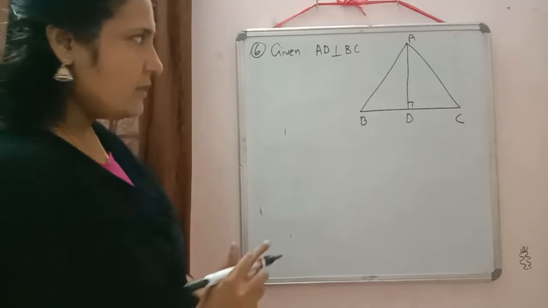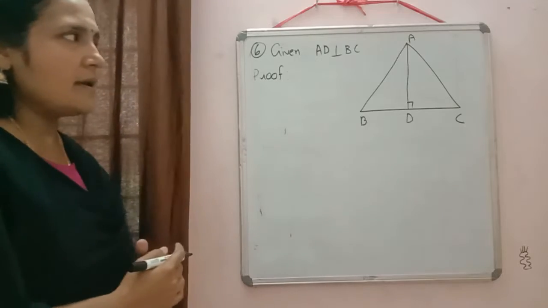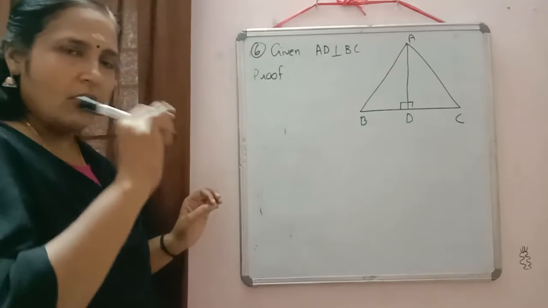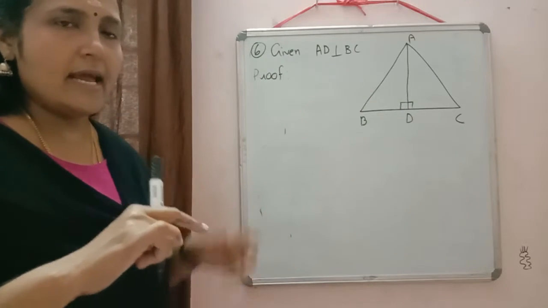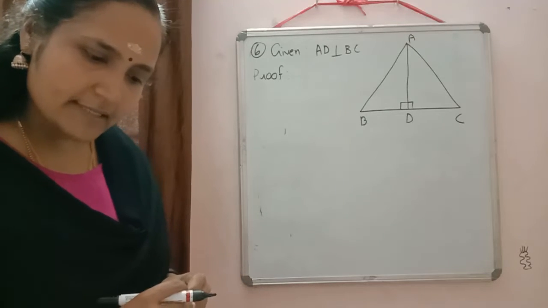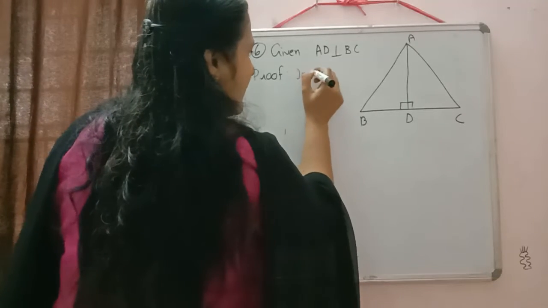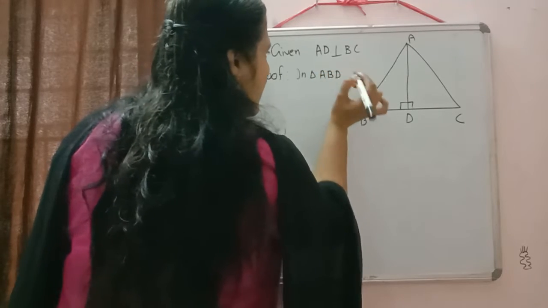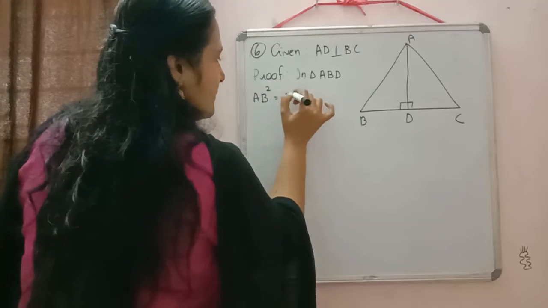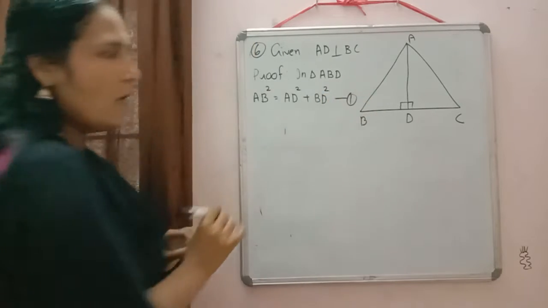Written? Okay. Now we will start the proof there. So again, to use Pythagoras theorem, we need a right triangle. So here we have some right triangles. Always check which side we need, and accordingly you take the right triangle. So you can check the first one we need in the left hand side, AB. So do we have a right triangle? Yes, we have the right triangle ABD. So just write down there. In triangle ABD, what will come? AB square is equal to AD square plus BD square. Make it equation number 1.